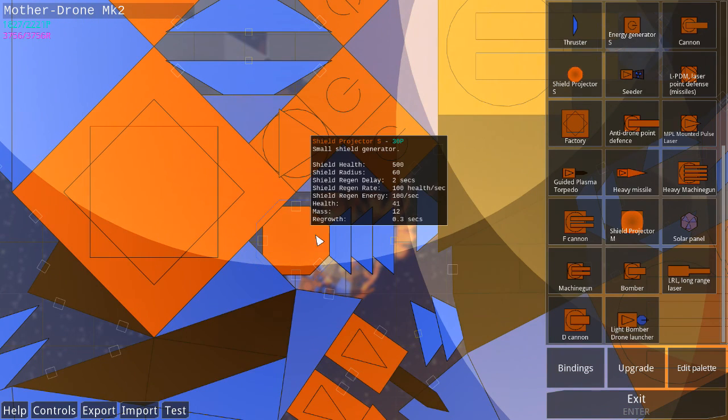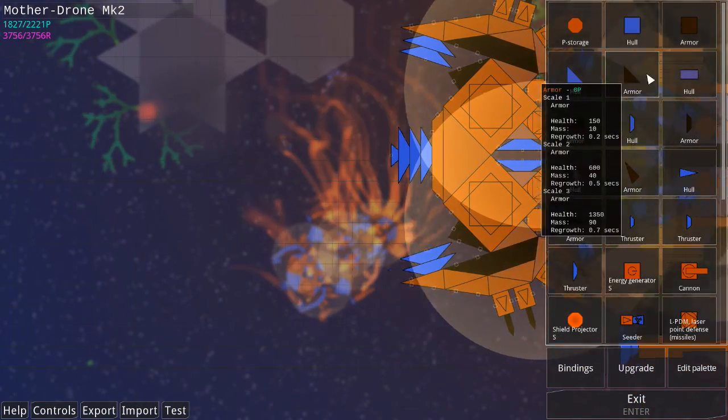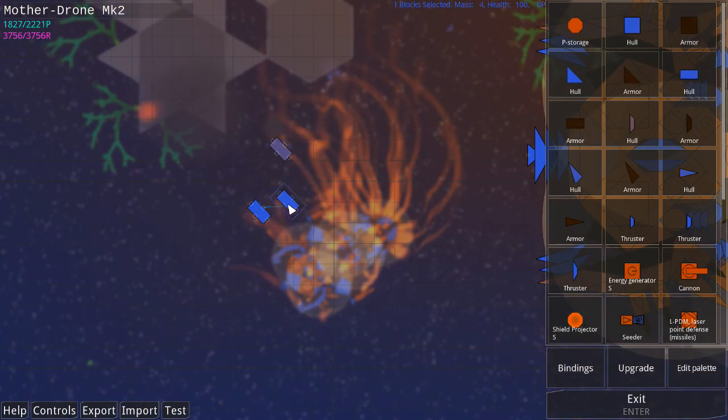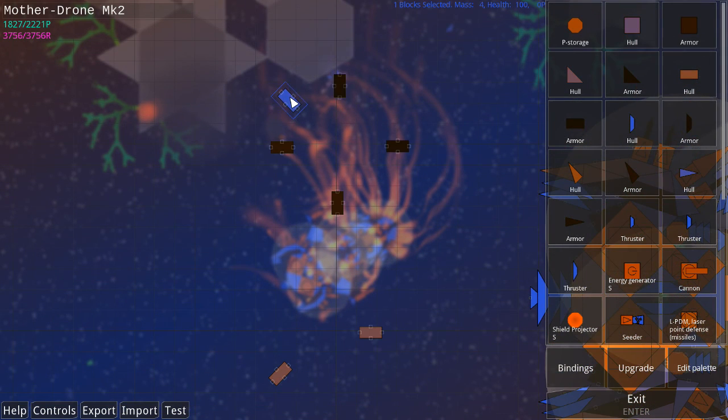Since this block is an octagon, it can connect there, it can connect there, and it can also connect there. It can go there, go there, and it can go there, whereas a normal block would only be able to go there, there, there, and there. So it has some additional